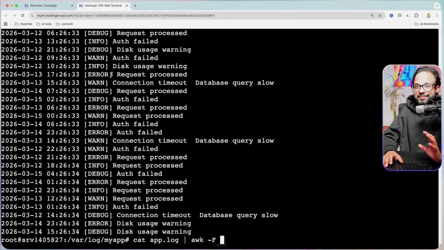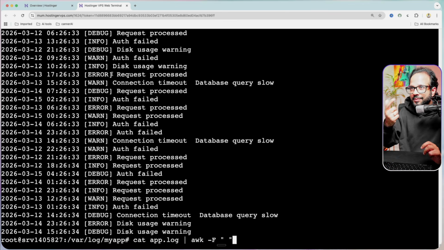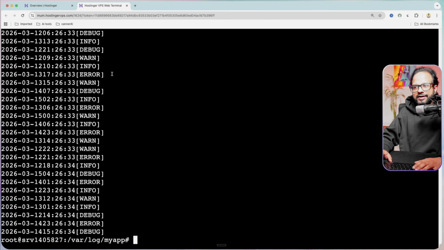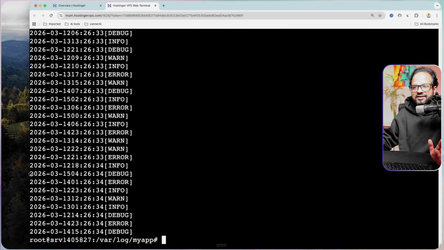F is the field separator. The default is tab or space, I think, but let's just add a space and we'll see. Over here you add the field separator. If you have comma separated values, a CSV, or any other field separator, you add that separator inside the double quotes. Then inside two single quotes and two curly braces, you need to print the values. So print $1 is for the first field, $2 is for the second field, $3 is for the third field. That's it. So first field,